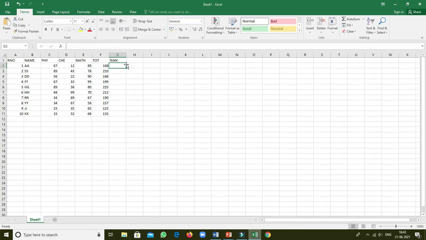Otherwise I may use the average function. Here the average function is there. Click the average function, but the address is wrong because it starts from C2 to F2, but we have to change it to C2 to E2. Okay, because the total mark is not to be added. So skip this one. Okay, now see, the same 56 is there. You may write the manual formula, or if you are not writing the manual formula, you may go for the function. Okay, now drag it downwards. Now see, clear? In such a manner you are able to do calculations in Excel.